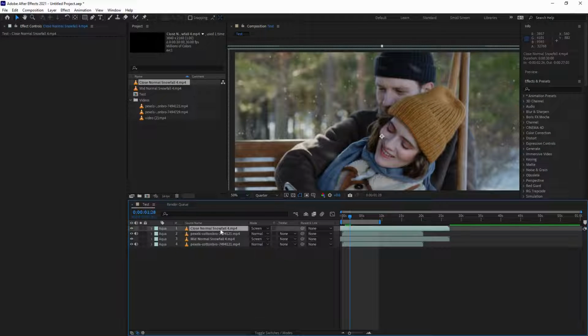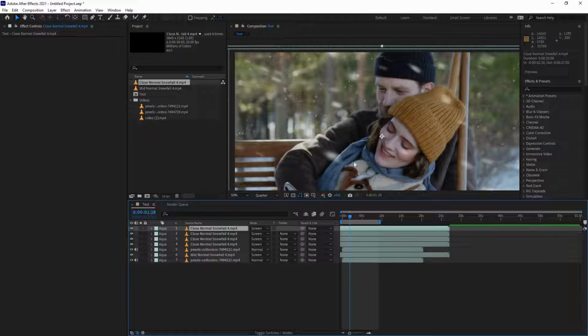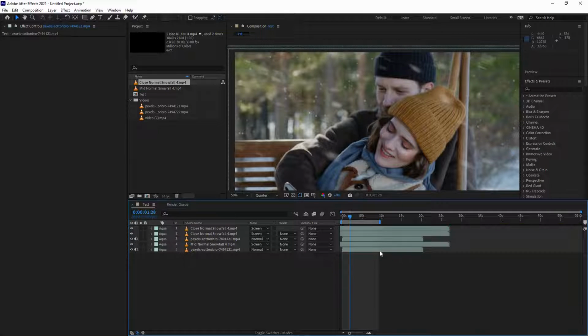If you want, you can select the same snow clip and press Ctrl D or Command D to duplicate it to make it brighter. You can duplicate it a couple of times to make it brighter. Okay, I hope you get the idea. I will just duplicate it twice, and if I just play back,